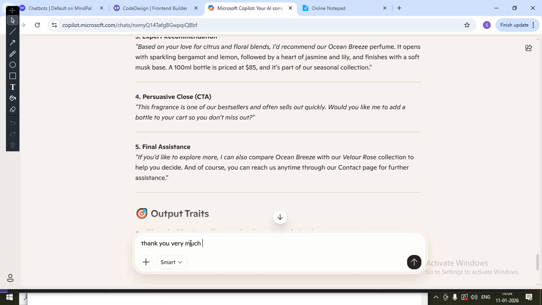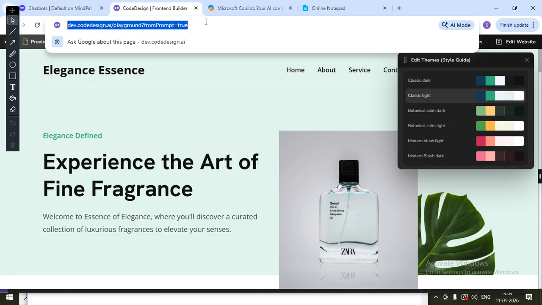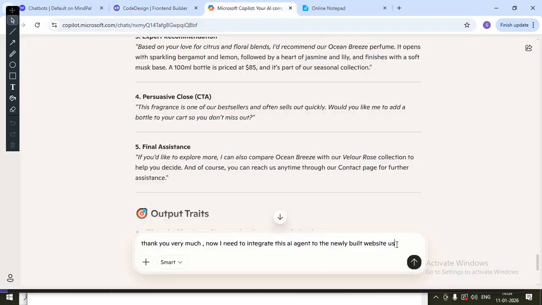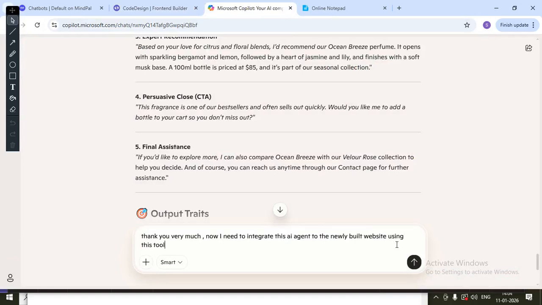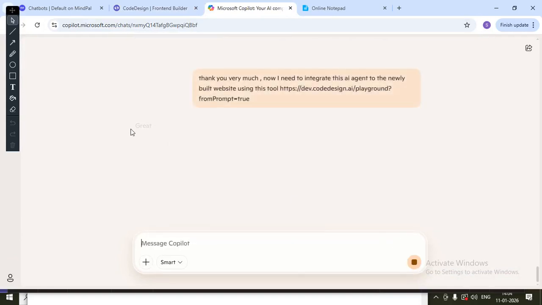Now I need to integrate this AI agent to the newly built website. Using this tool, I click on enter. All right,